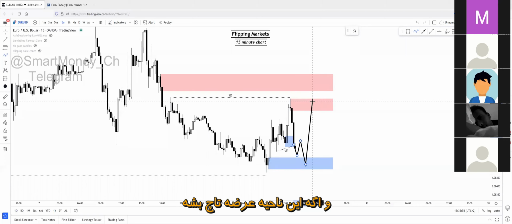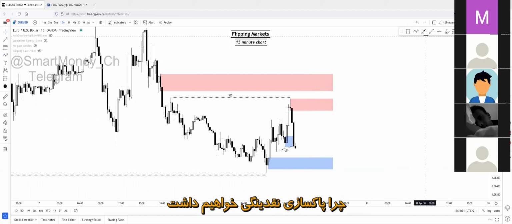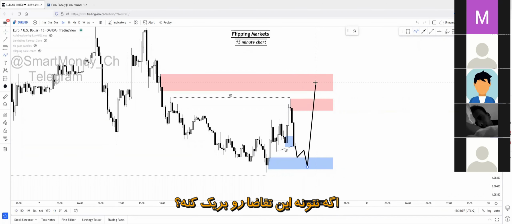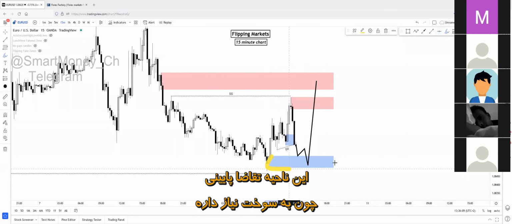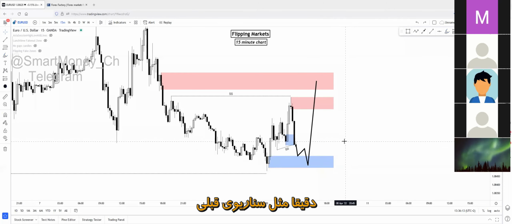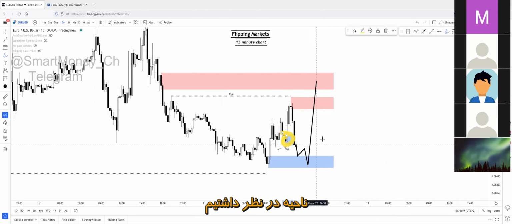And if this supply zone tap happens, there will be a liquidity sweep. Let me ask you, why will there be a liquidity sweep if price can break below this zone? Why will price sweep this liquidity upside if price can break below this demand zone down here? It needs more fuel, exactly, the sells. Exactly. The same scenario goes just like for this zone.